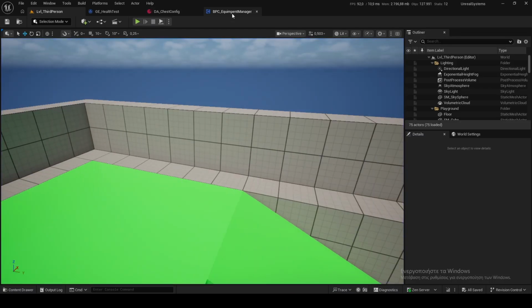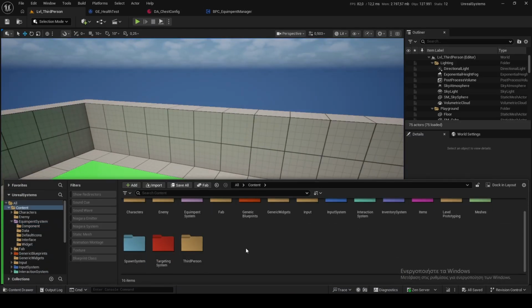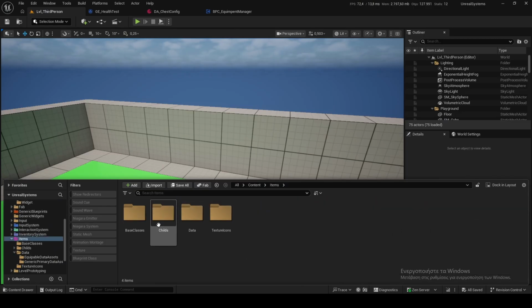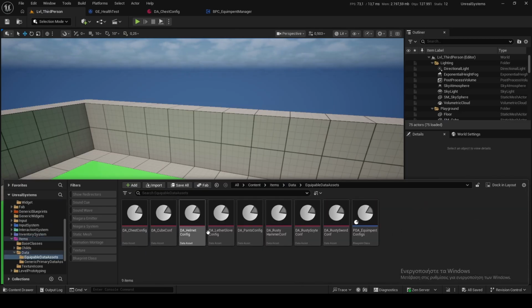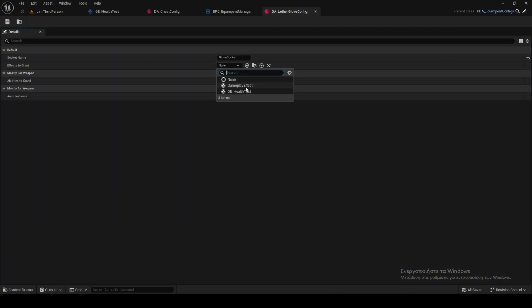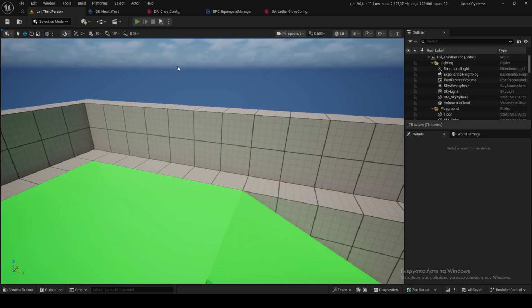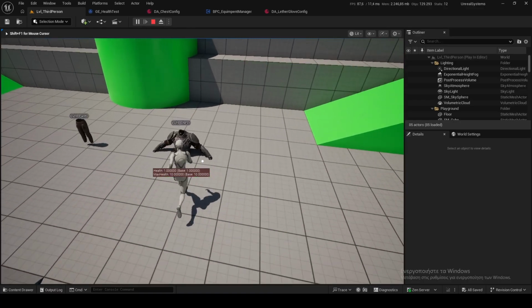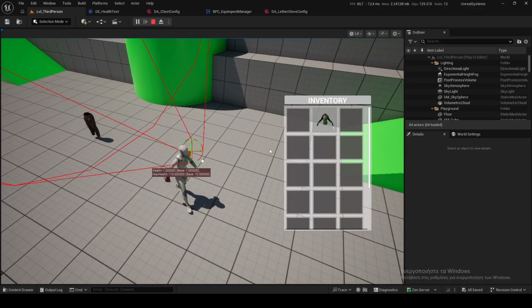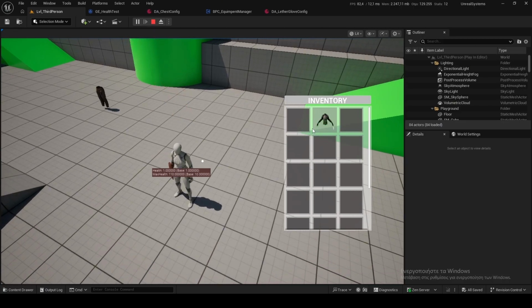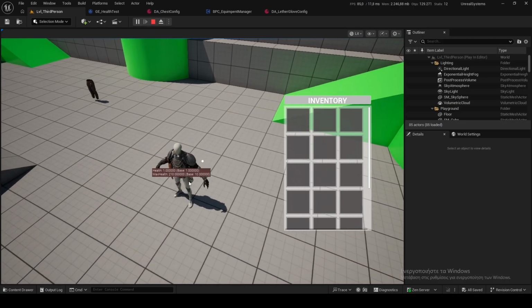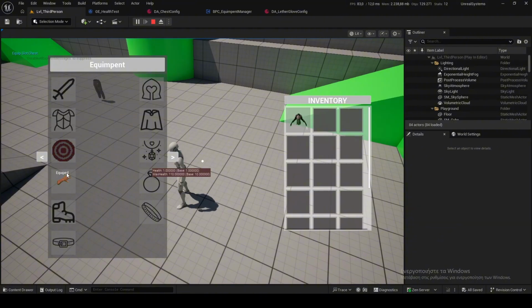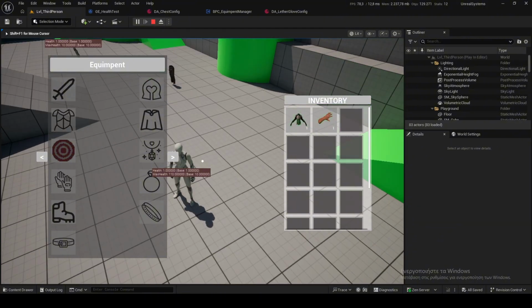So in theory, if I go back to my items, to my data, to equipable data, I can start giving each item the gameplay effect for health. So if I pick up now the leather glove and the chest, I can equip. Max health is 110, and now it's 210. And if I unequip, the max health stays 110